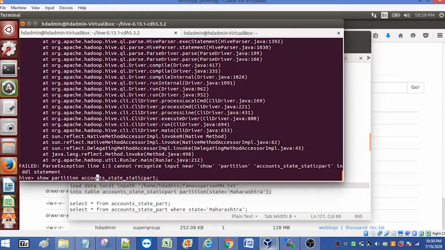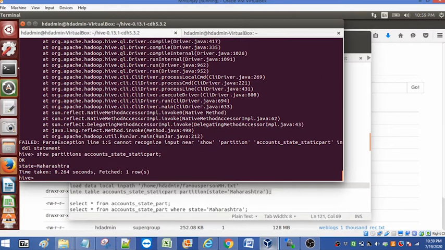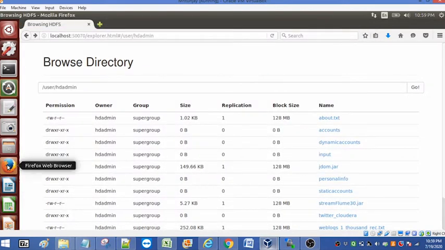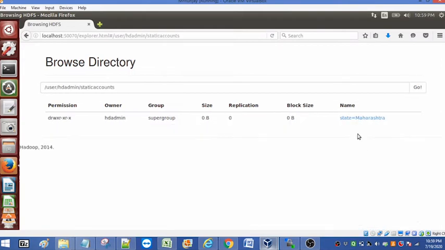Yes, now one folder is created, Maharashtra, because we have loaded with the Maharashtra file. Now we'll browse the directory. Let me refresh it. Go to static account. Yes, there is one folder, Maharashtra. The file is loaded here. Great.